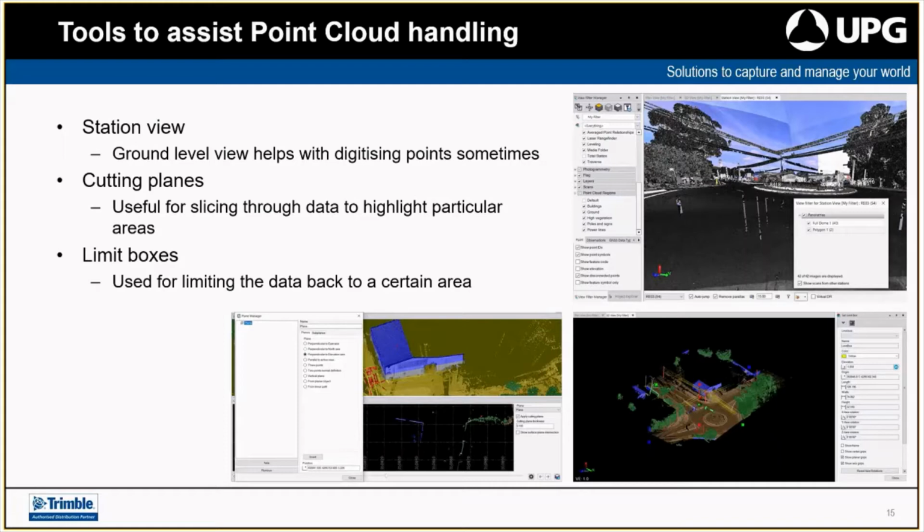With the cutting planes, we always specify thickness, so you can specify whether it's 0.01, so that would be 10 mil thick of the points, or you want to put it at, say, a meter thick. It's recommended if you are digitizing line work off a scan, though, it's worthwhile having the thickness as thin as possible, so that you can keep the line work that you are generating fairly straight. It's just the thicker the view segment here, the more variation you're going to get vertically in that line segment